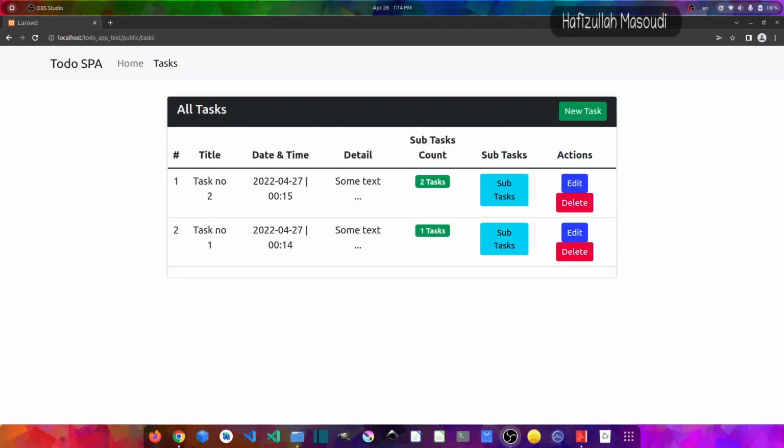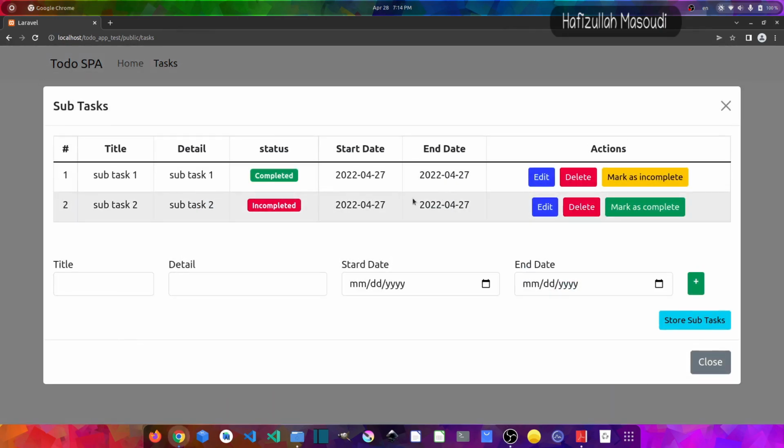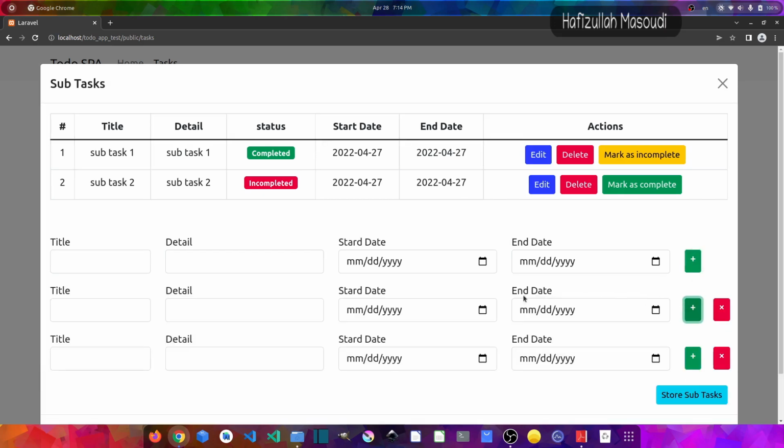My name is Hafizullah Masoudi, and in this video I'm going to show you the CRUD operations on dynamic input form fields using Laravel 9 and Vue JS 3 for your single page applications. The features would be like this demo as you can see right now, and we will start building from this button, and if we click on this you can see you can add multiple or dynamic input fields